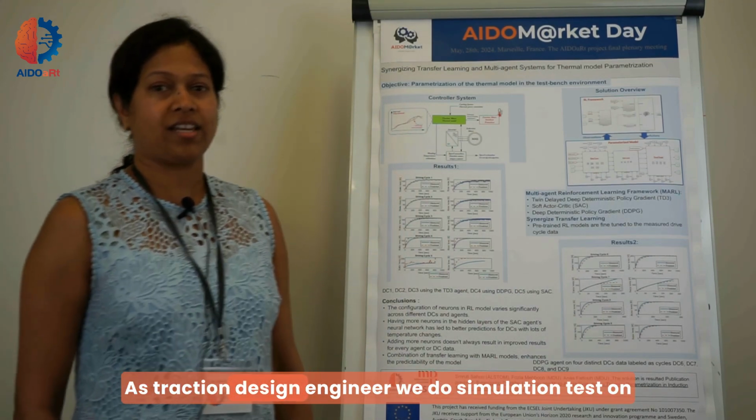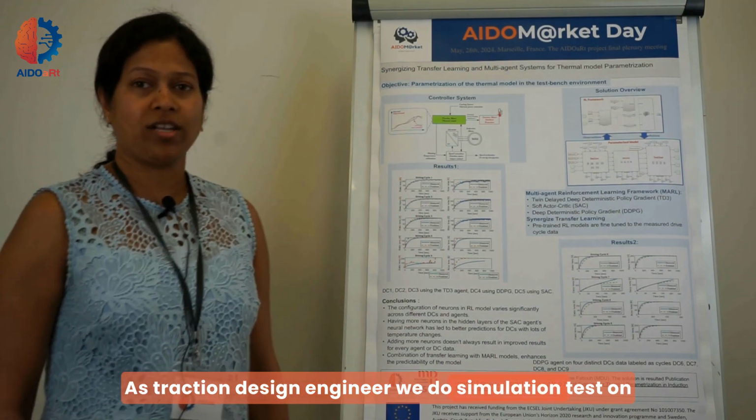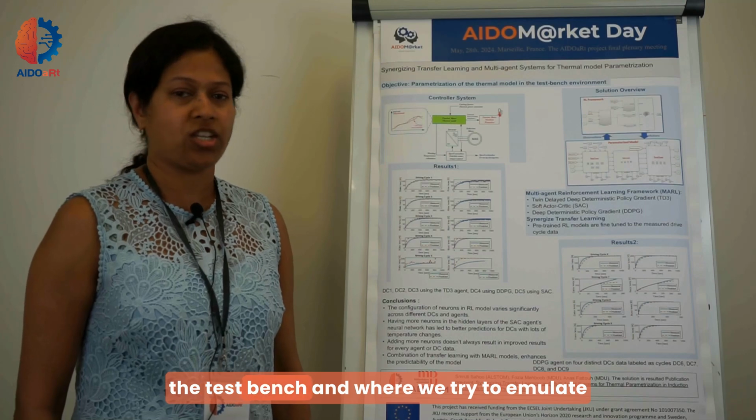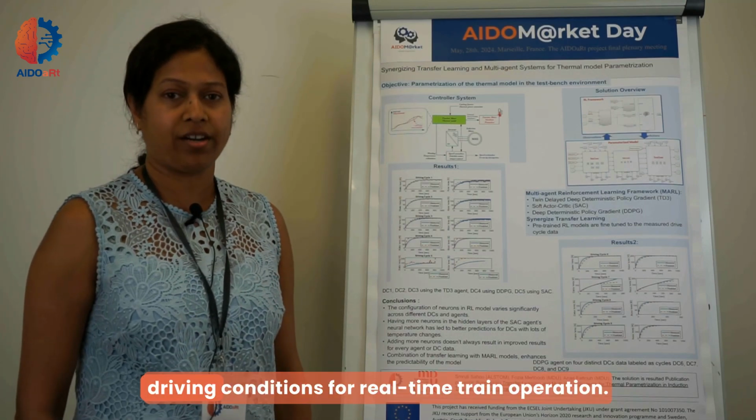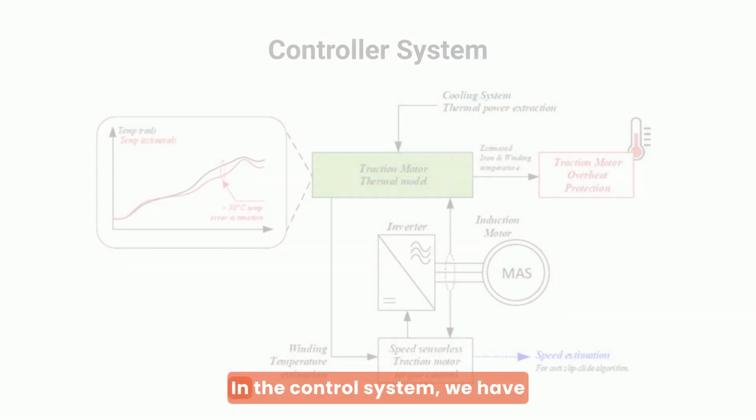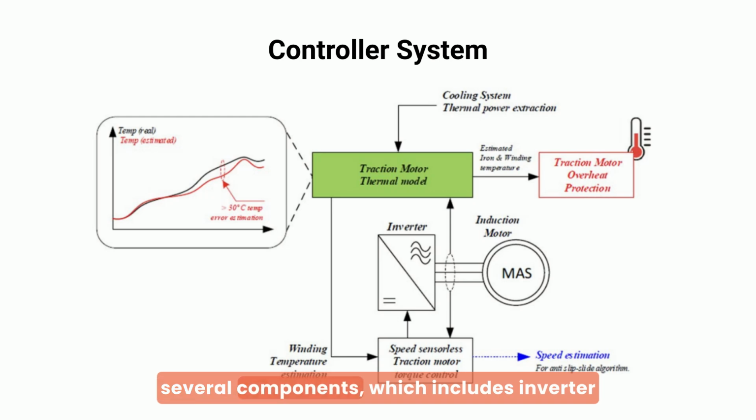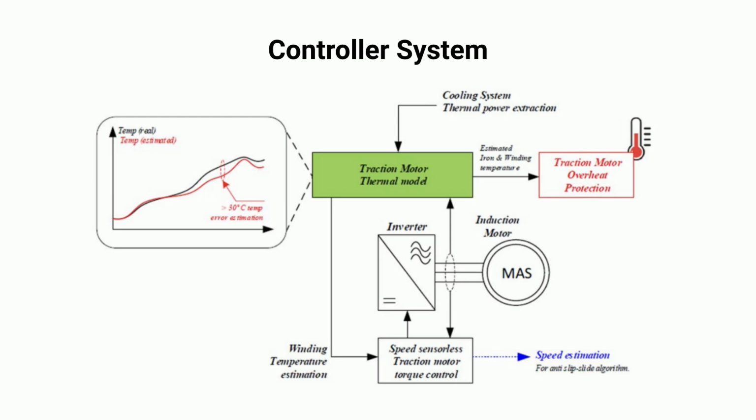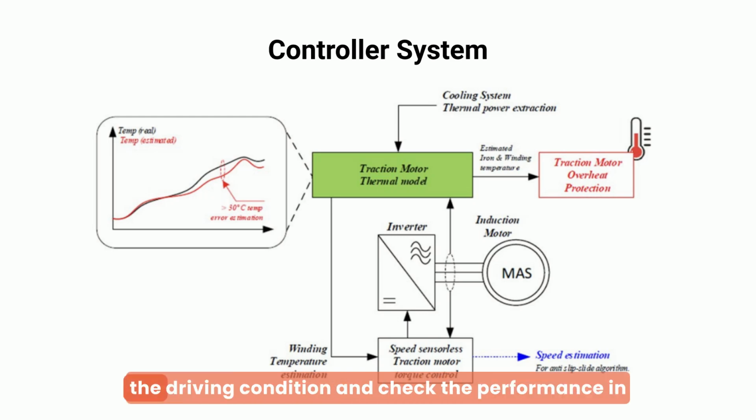As traction design engineer, we do simulation tests on the test bench, where we try to emulate driving conditions for real-time train operation. In the control system, we have several components which include the inverter, the motor, and also a controller. What we try to do is emulate the driving condition and check the performance in different parts of